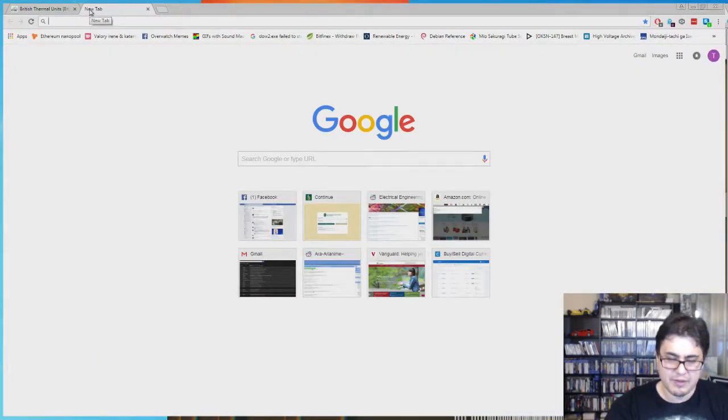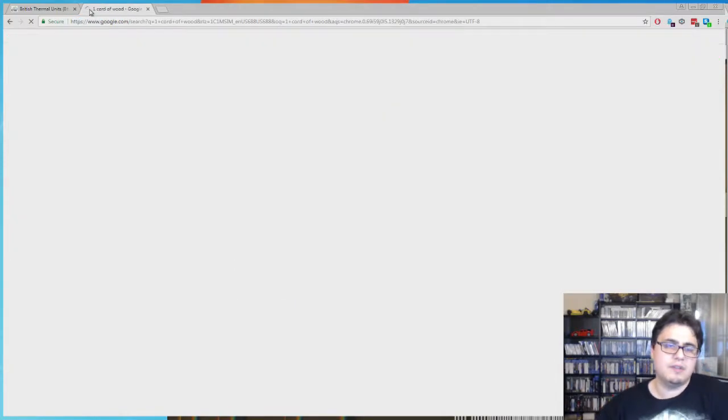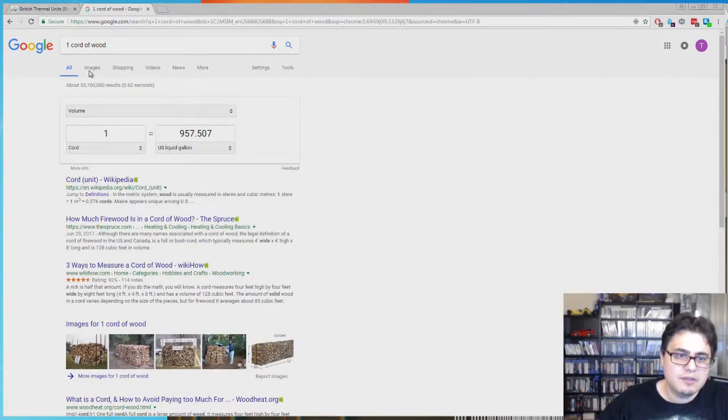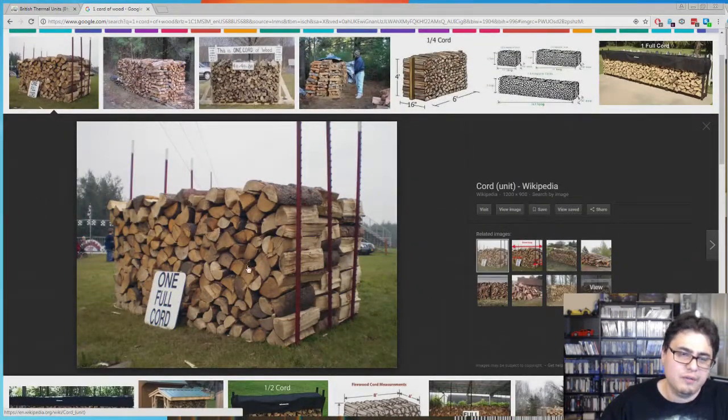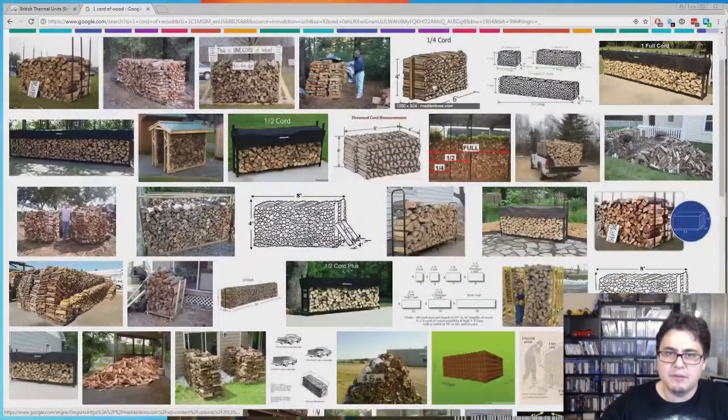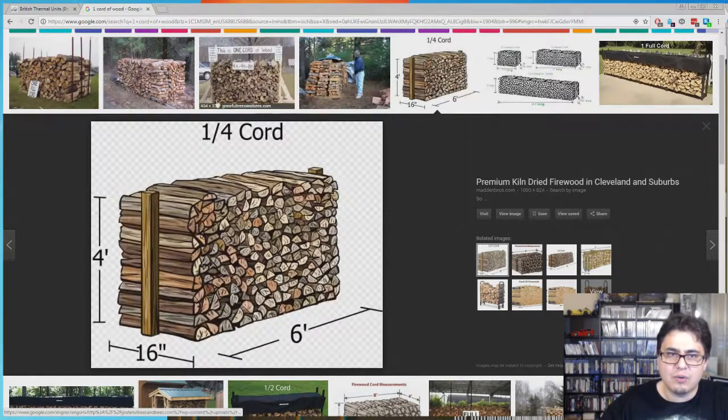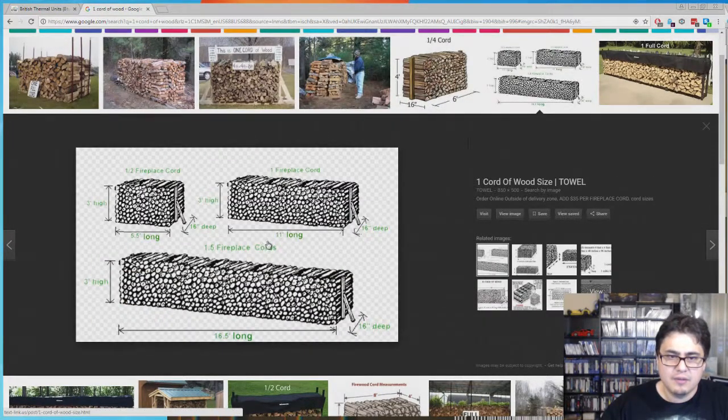We got Google for a reason, right? 1 cord of wood. Let's look it up. Right. So yeah, these things right here. Let's go to images. So this is what 1 cord of wood looks like. God knows where cord came from. It's probably just some lumberjack who decided to say it, and let's just use that. So he kind of stuck with it, right? Here you go. That's a quarter cord. We're not looking for that. Here we go. So this is half a cord, 1 fireplace cord, and so on. So here it's 16 deep, 3 high, 11 long. So there's some volume level to that.